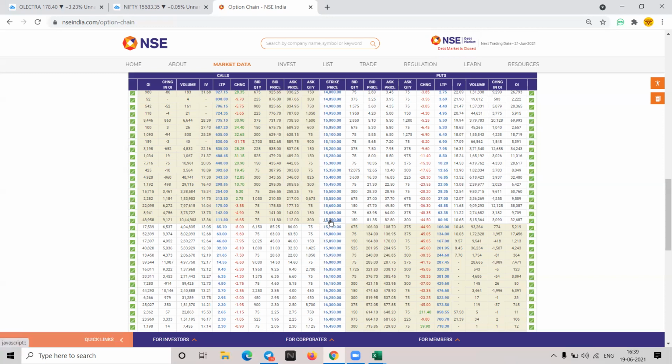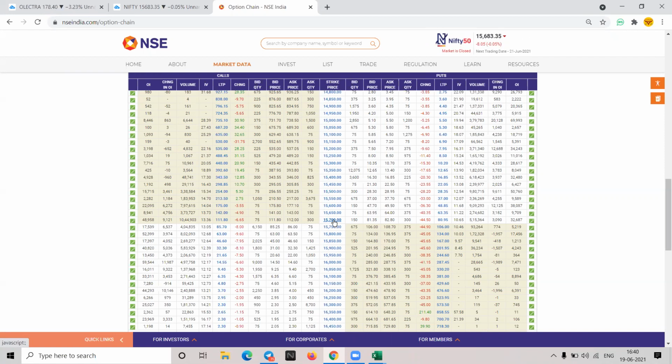But now let's see just the same example. When your flat price increased from 50 to 60, if this Nifty price increases from 15,700 to 15,800, 100 rupees increase there, eventually this last traded price will also increase by 100. So here, what is happening? You only paid 100 and the price is increasing by 100. So you are getting 100% increase. Understood this point?